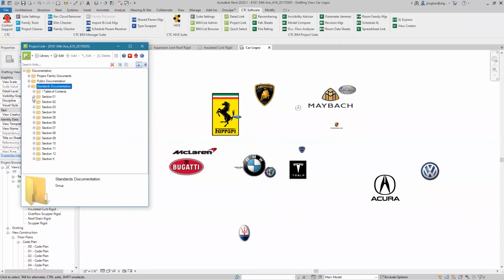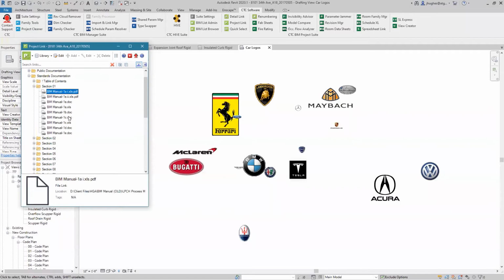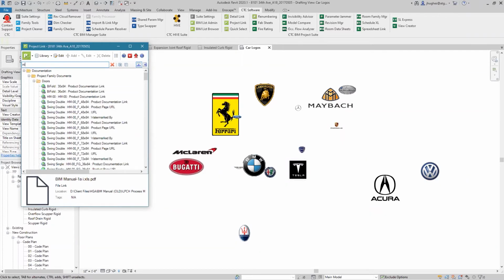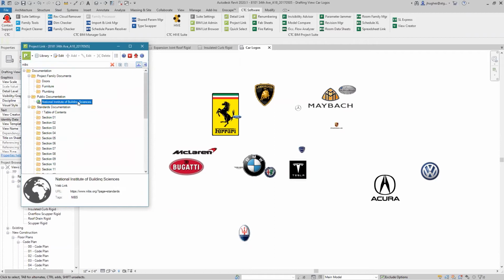Underneath the standards documentation, someone's taken the time to build out 12 sections and break each one into a digestible piece of what our company standards are. And I'm sure that these also have some tags associated with them. And so, if I go back to that NIBS example, because I know it will return a value here,